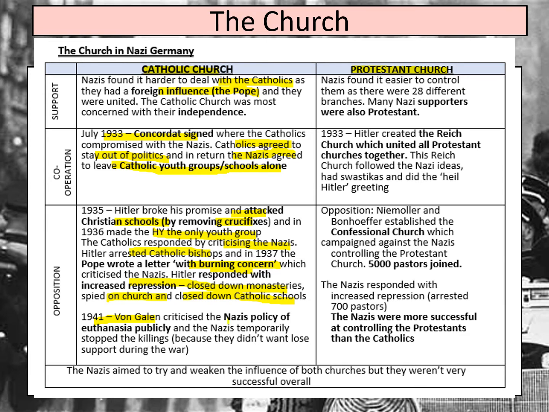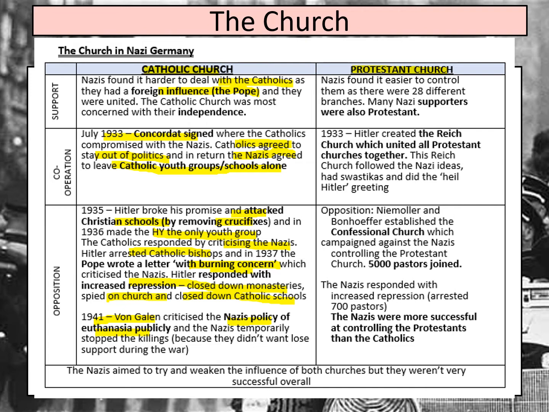who had found out about the Nazi policy of euthanasia, where they were murdering disabled people. When he found out, he started giving public sermons about what they were doing. The Nazis, because it was during the Second World War and they needed everybody on side to help them win it, ended up temporarily stopping the killings because they didn't want to lose support during the war. So that's an example of a really effective version of opposition, where somebody is criticising it and